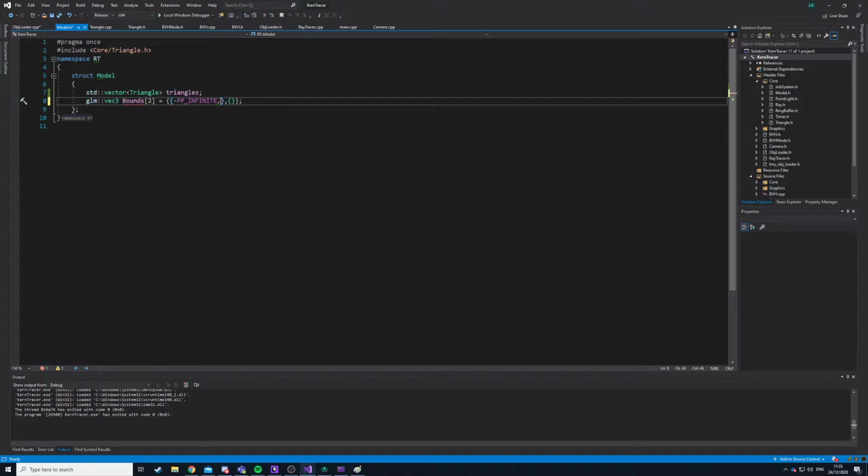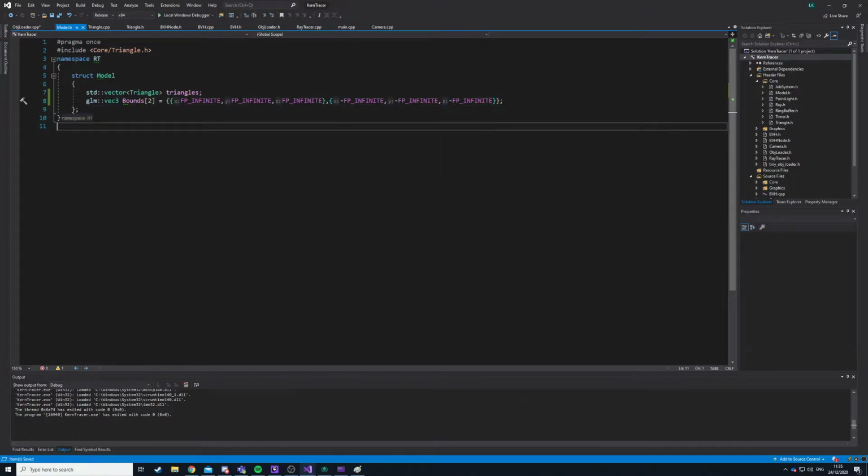No, sorry, this should be positive. FP infinite and FP infinite, and then minus FP infinite, minus FP infinite, and minus FP infinite. Although I might have to swap these around, because